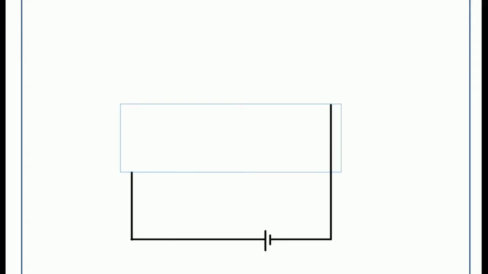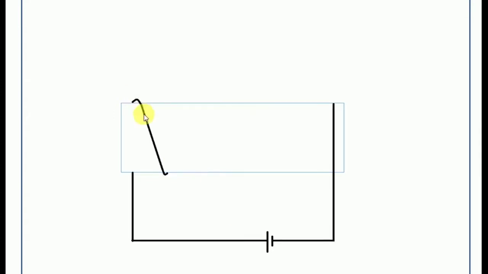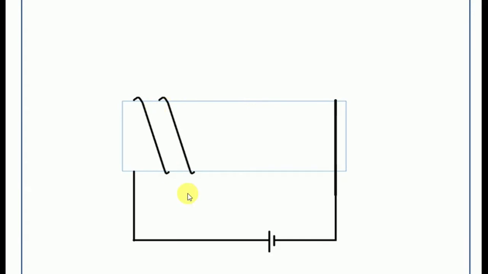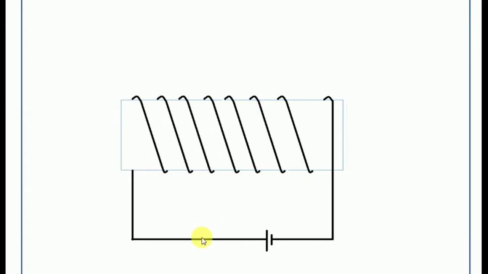A solenoid is a three-dimensional object, so it will be difficult to draw it on paper. To make the diagram easy, I'll tell you one step, so please follow it properly. First I'll draw a rectangle with a different color, then I'll connect it to a circuit and to a cell. To draw a solenoid I'll draw an S-like structure like this, starting from here and ending out here. This will be the first turn of the solenoid, then the second turn, and we keep on adding, so it is a solenoid now.